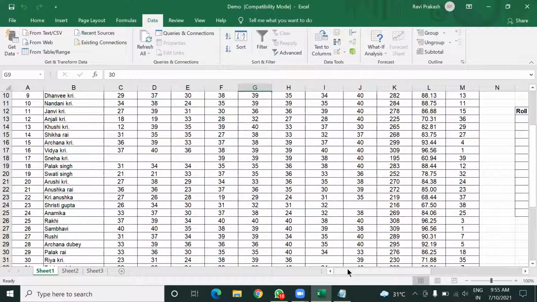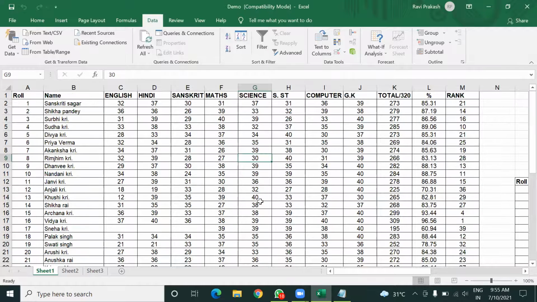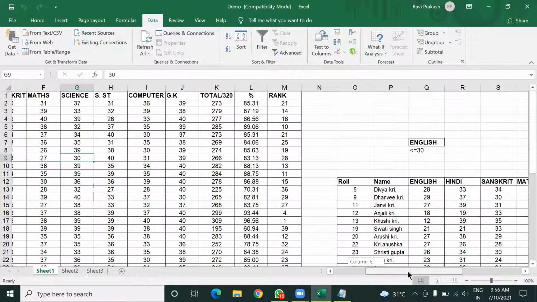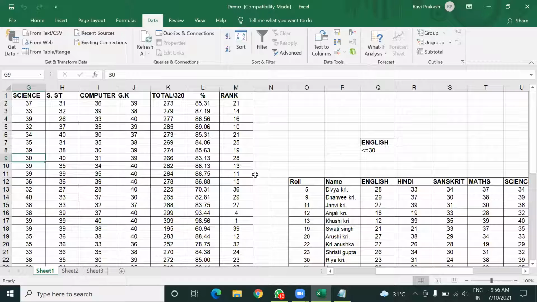In advanced filter, you can do the same operations that you can do in auto filter. But in auto filter, the steps are quite easy because every option is given there. You just have to put the value there. And in advanced filter, you first have to type the criteria, then follow certain steps, and then you can filter out your result. Okay, so this is the difference between these two options.